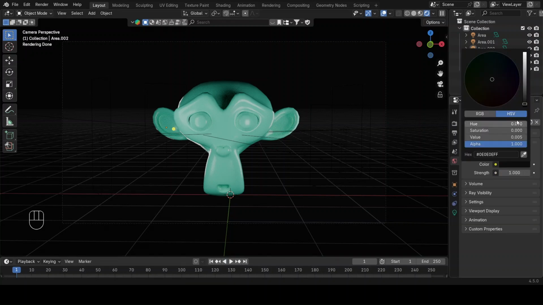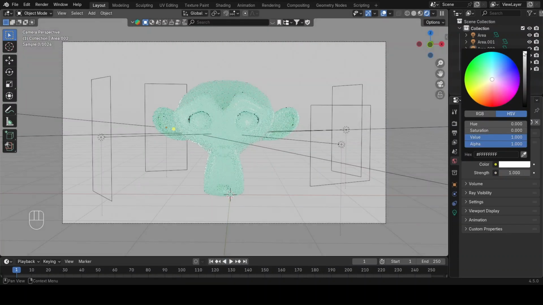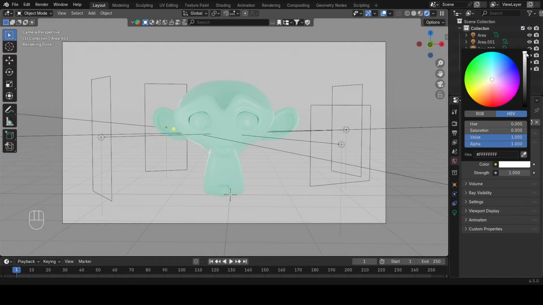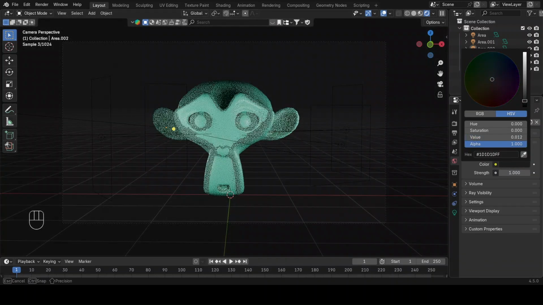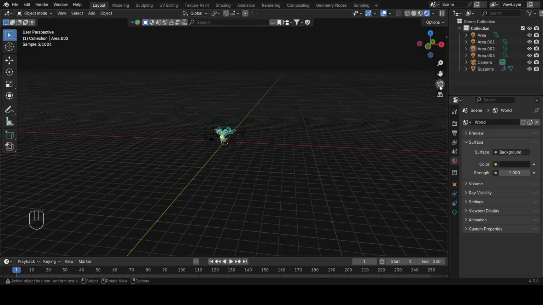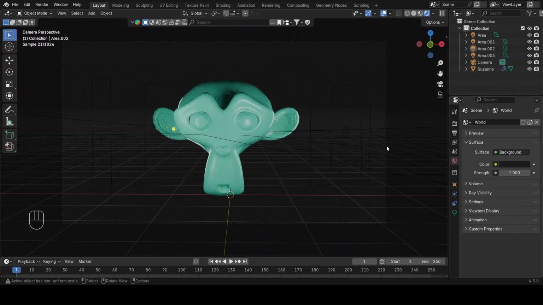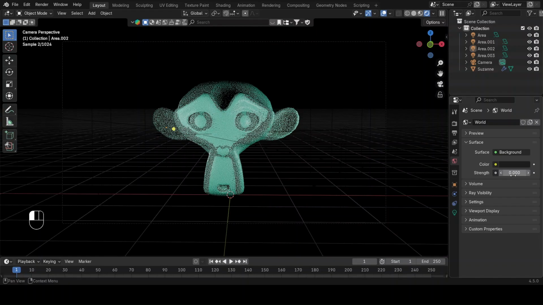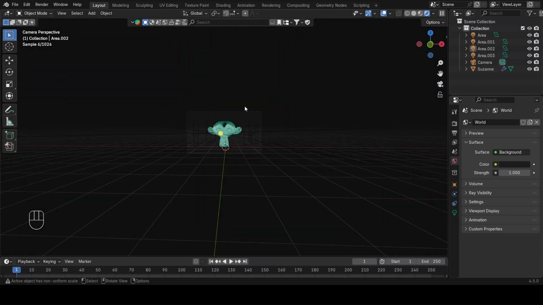So if I scroll up, then you will see our world color will be brighter, like white, but if we scroll down in the blend, we will see the color. But if we increase the strength of this, the black color light will be increasing. So I am just making it one as it was, and then